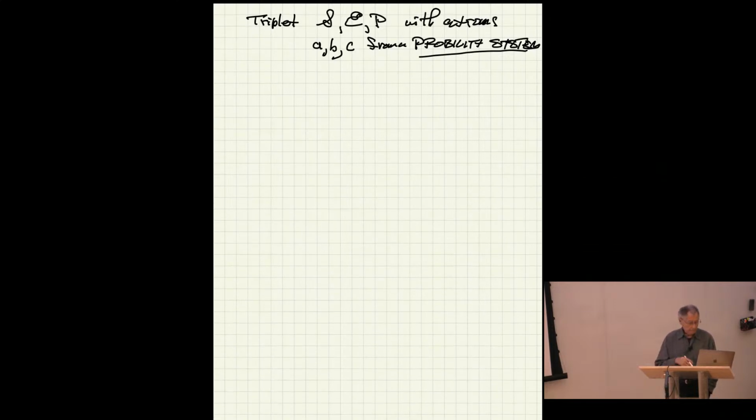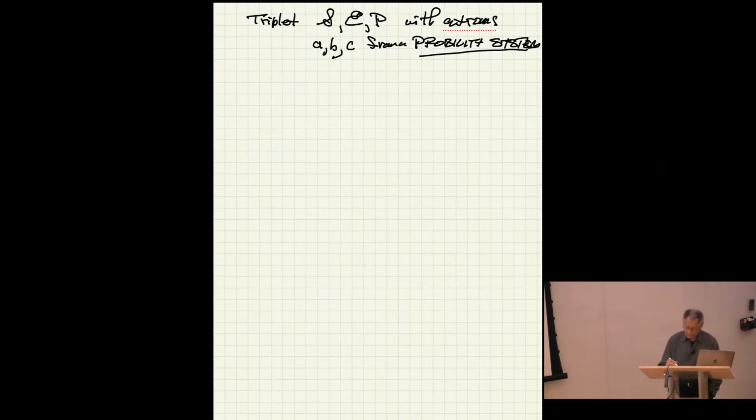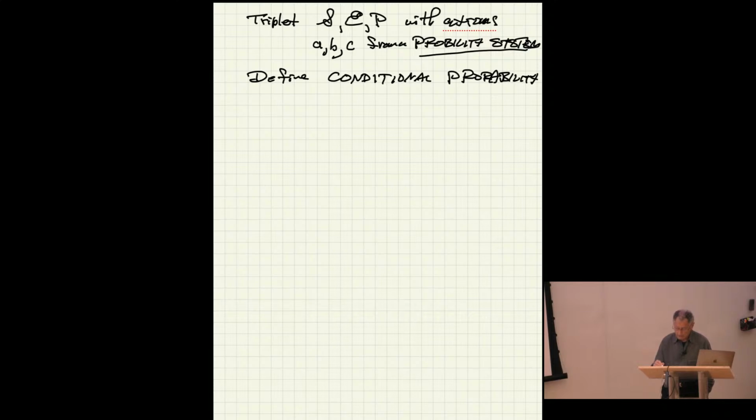Okay, so much for the setup. Now we're going to define some things. We're going to define something called conditional probability, which you've all seen before. That's what I'm trying to define right now as the following. The conditional probability of event A, given that event B occurred,